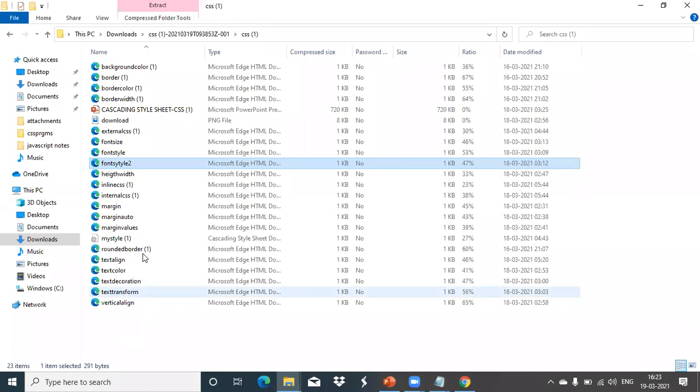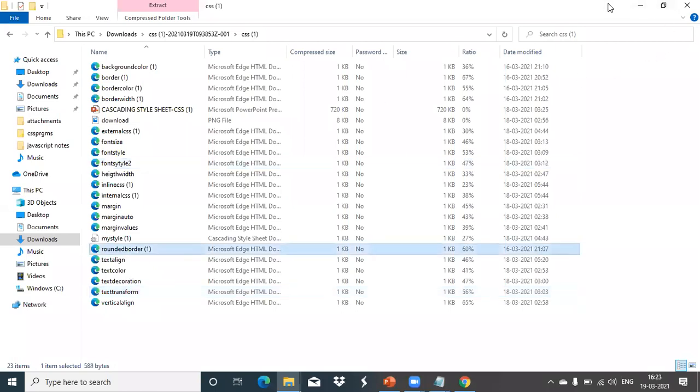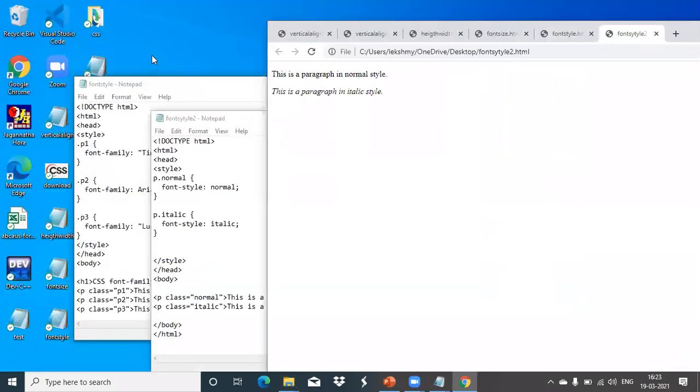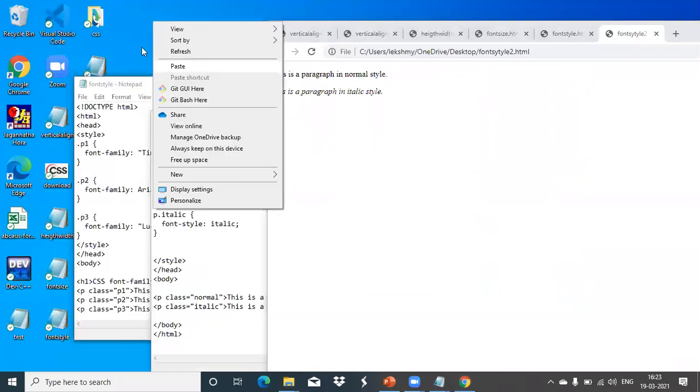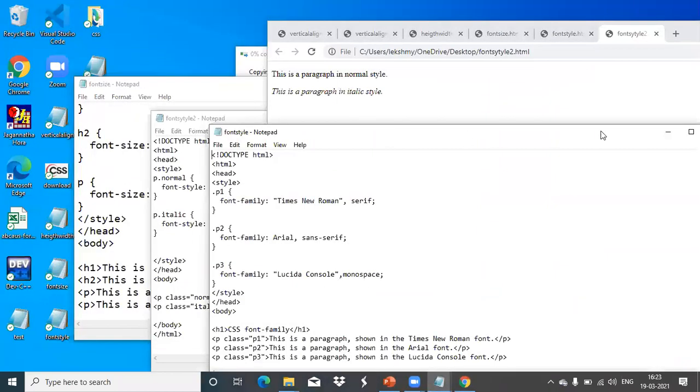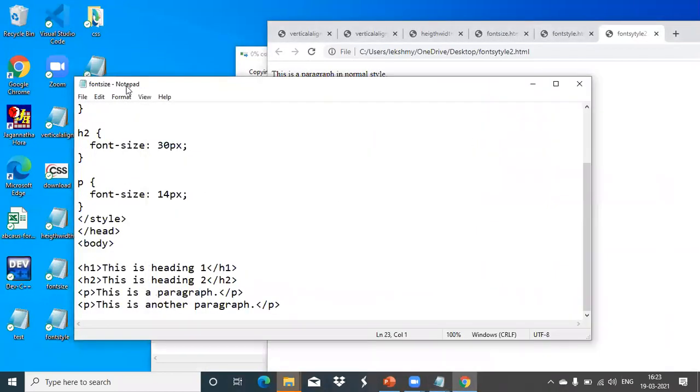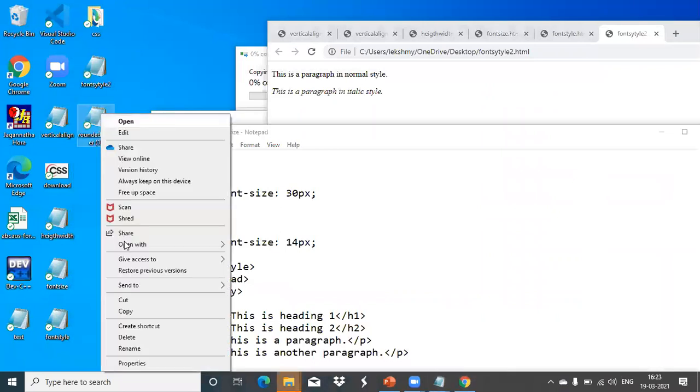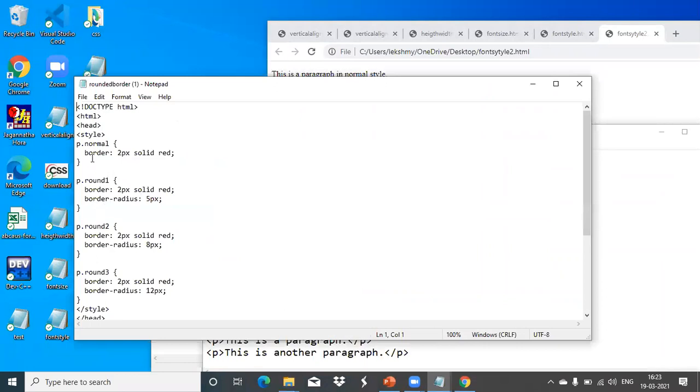You have not seen the border, a rounded border? Have I shown this? No, ma'am. See, with border, there is border radius and all, we can give 5 pixels, 8 pixels, 12 pixels and all.